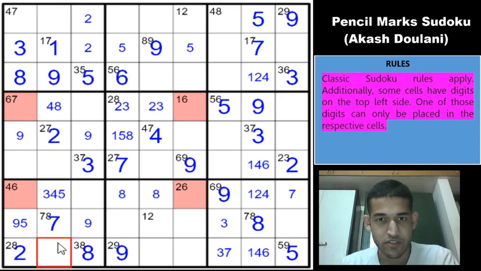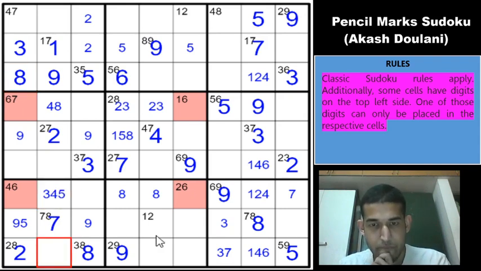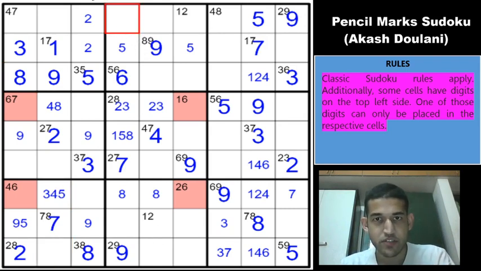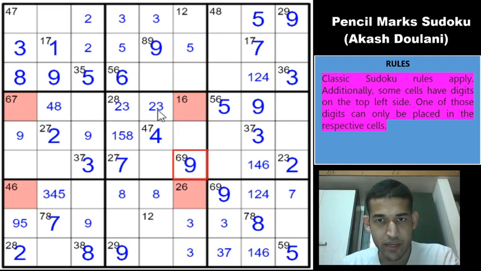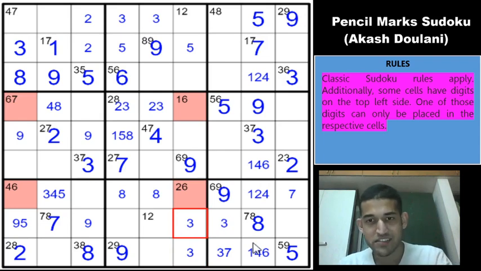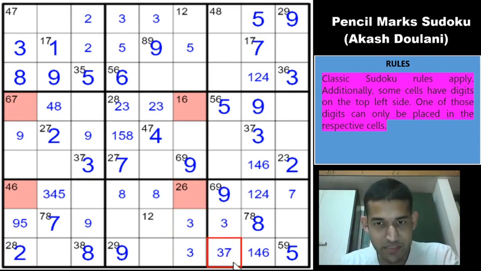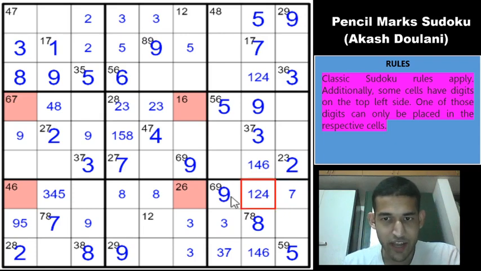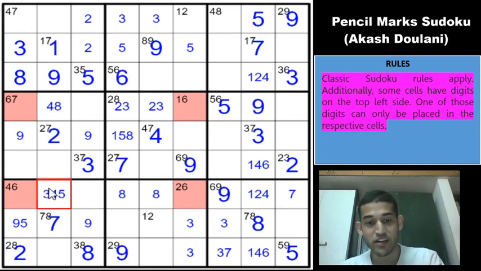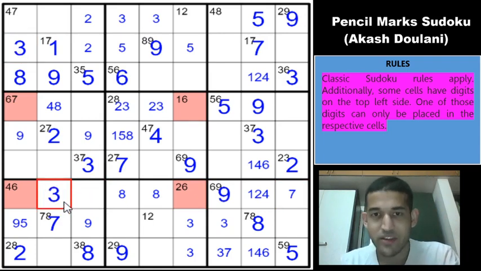And now 3 must be in one of these two cells in column 2. Again, 3 must be in one of these two cells in row 1 because of the 3's in row 2 and row 3. And now if you look at column 6, 3 has only two options, right? 3 cannot be in these 3 cells, 3 cannot be here because 3 is restricted here, and 3 cannot be here, so 3 must go here. And in box 9 you are restricted 3 to one of these two cells, which means that in row 7 you cannot have 3 in these 6 cells, and 3 must go here, right? Because 3 is in column 1 and column 3. Beautiful, what a narrow deduction. Really deep interplay between the 3's to give a 3 here.